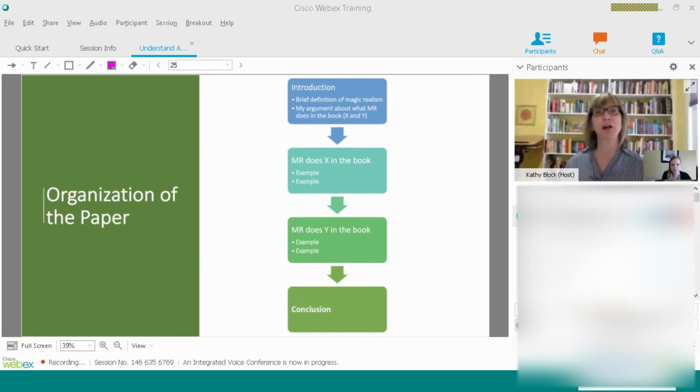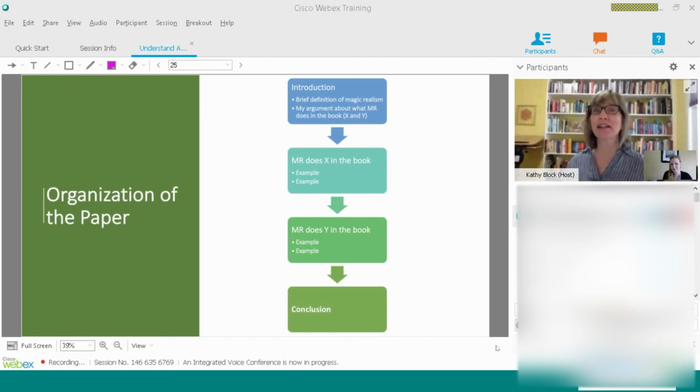I'd provide a couple of key examples, not all of the examples I found, but some key examples, and then explain their significance. What do they show about magic realism in the book? Then I move on to the second body section, explaining the second of the ways that magic realism works. Again, I'd provide examples, a couple of key examples maybe, and explain what they show about magic realism in Allende's